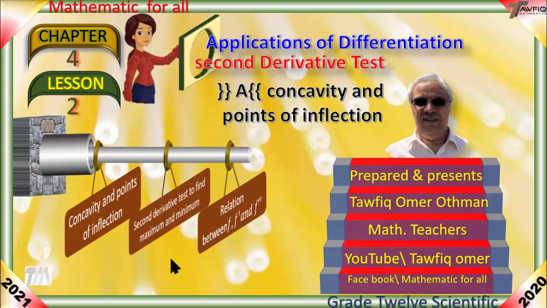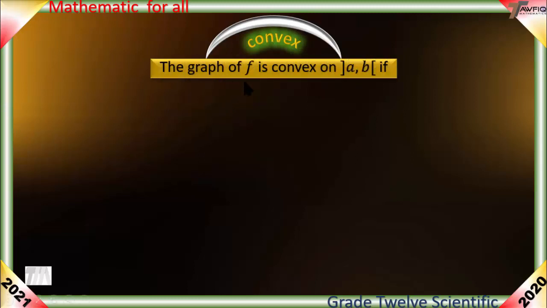I'll also explain the relation between the function, the first derivative and the second derivative. Let us start our lesson. Convex. The graph of f is convex on the open interval AB if